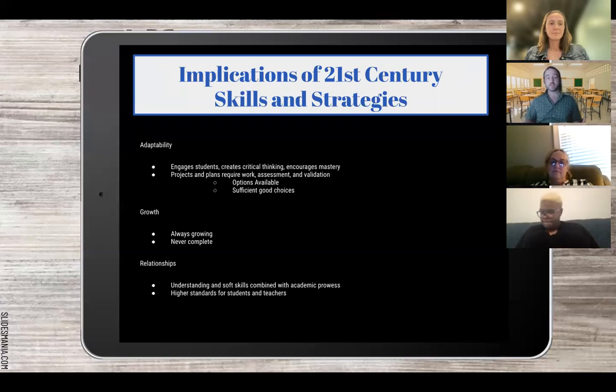This transition from teacher-centric learning to more progressive methods isn't just saying that we're going to commit to excellence and we're going to commit to being more flexible. You actually have to prepare projects. You have to have a variety of choices, and you have to have the people skills and the soft skills to recognize what it is your students need and recognize whether or not you are accurately assessing their abilities and